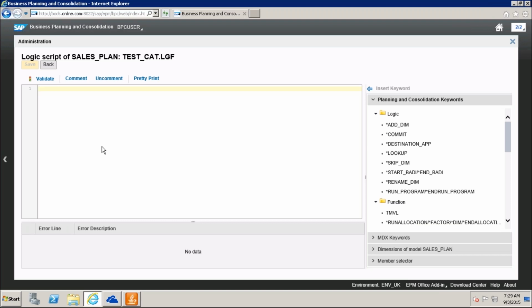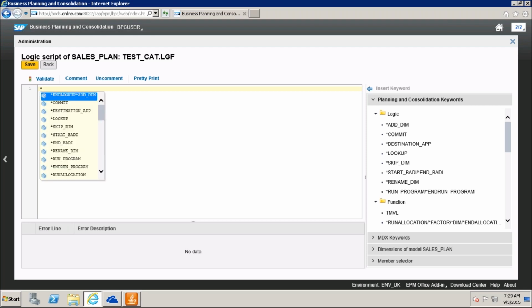We need to follow some syntax and some sentences here. The standard syntax we need to follow: always while writing this, star xdim. Star xdim is always used for the script logic. First we will start with star xdim,